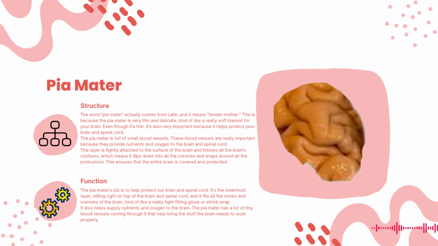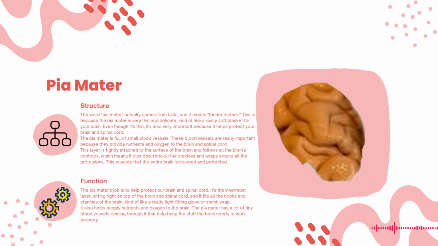The Pia Mater is full of small, really tiny blood vessels. These blood vessels are really important because they provide nutrients and oxygen to the brain and spinal cord. This layer is tightly attached to the surface of the brain and follows all the brain's contours, which means it dips down into all the crevices and wraps around all the protrusions. This ensures that the entire brain is covered and